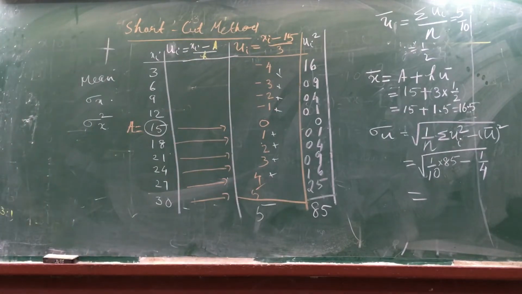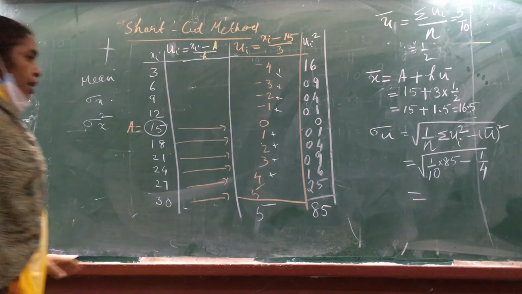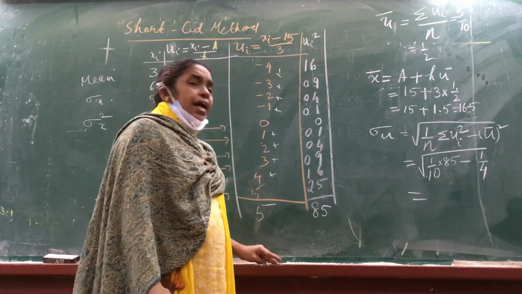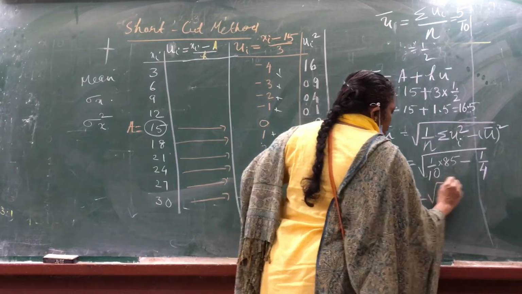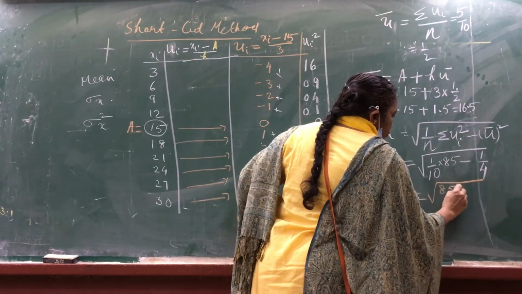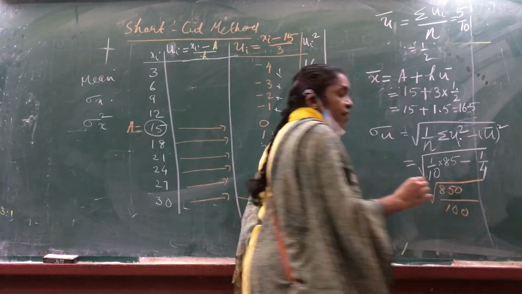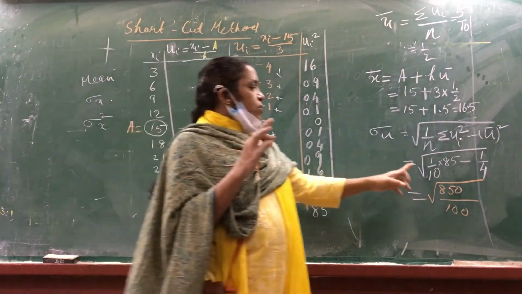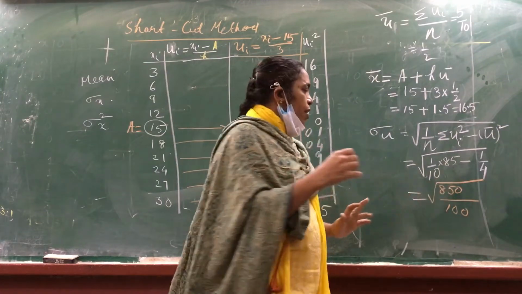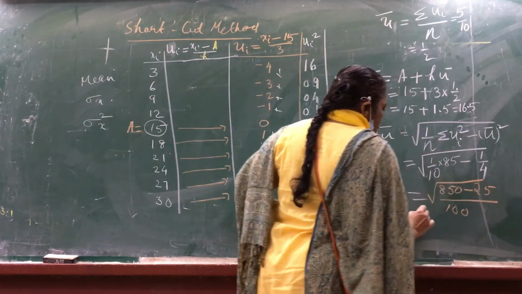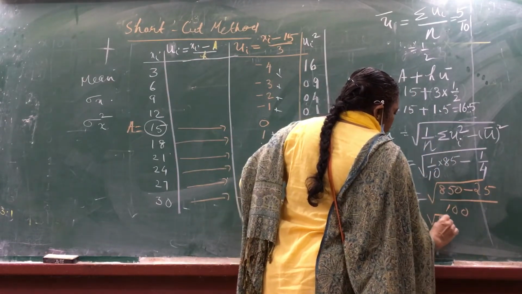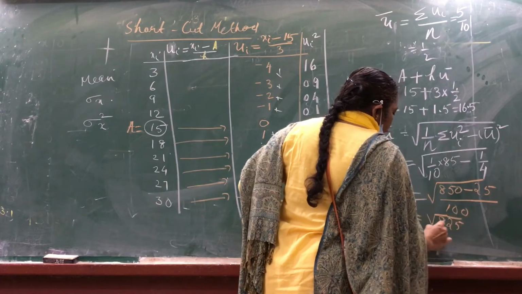Please calculate this. ये इतना ज़्यादा कैलकुलेशन करना नहीं है. What I am doing is I am making it as 100. This also is 100. इसी कैलकुलेशन में क्या आएगा? 850. I am taking 100 because 100 is very easy to find the square root under. So इसको 100 बनाने के लिए मैं 10 से मल्टीप्लाई किया. 850 minus ये 4 पर 25 से मल्टीप्लाई किया. So I am getting root of 825 by root 100 is 10.